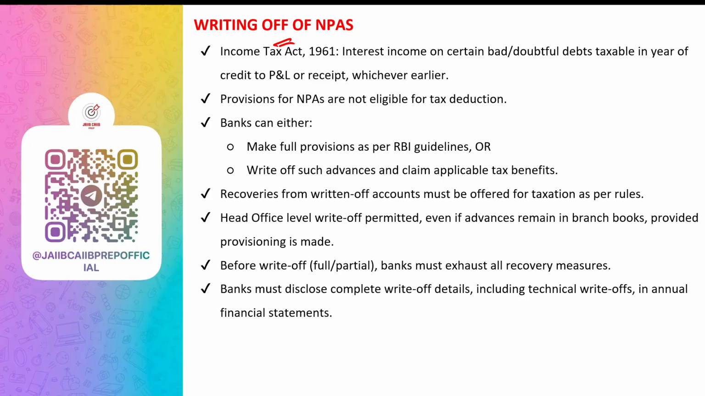However, if banks write off the loans, they can claim tax benefits as per the rules, and recoveries made later from written off accounts must be shown as income and taxed accordingly. Banks can decide to write off loans centrally at the head office even if those loans still appear in the branch book. Before doing so, the bank must ensure that the provisions are made as per RBI's asset classification rules. Banks must try all possible recovery methods before fully or partially writing off an account,